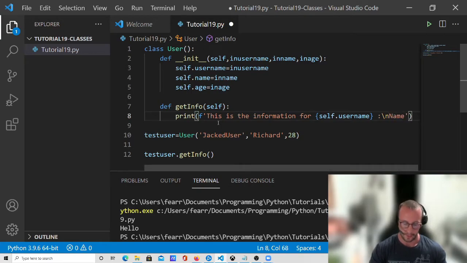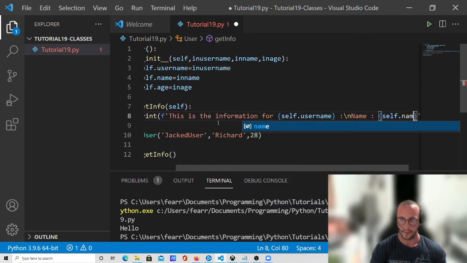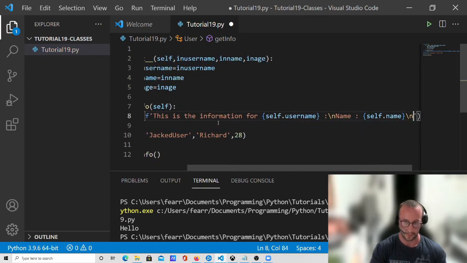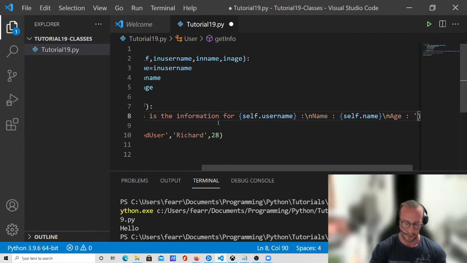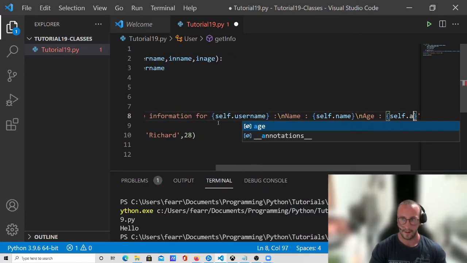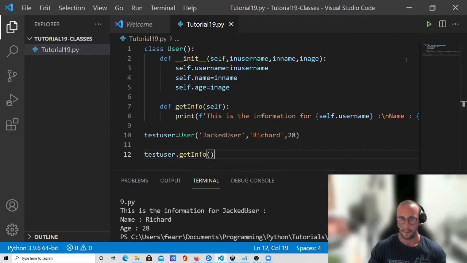So then we're going to put name, and we're just going to put a space here and open and close curly brackets. We're going to put self.name, and we're going to put another \n here, and we're going to put the age and another curly bracket, self.age. So now if we do our test user.getInfo here, and we run this, we actually get